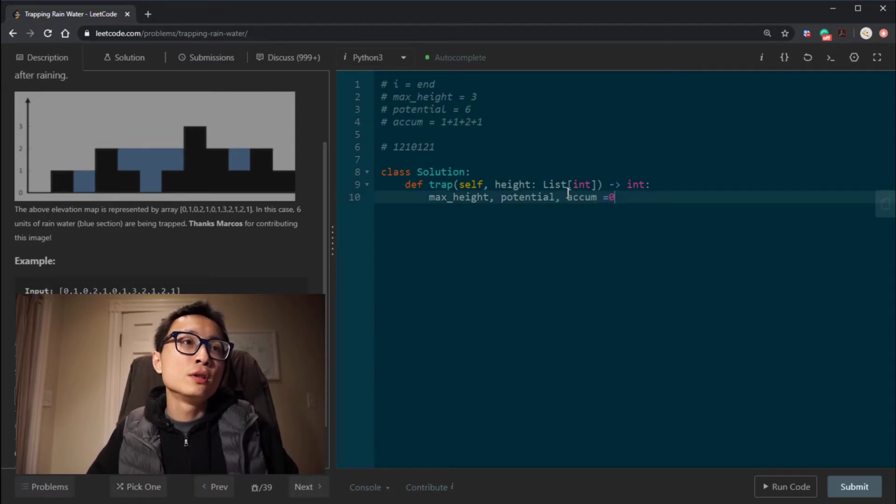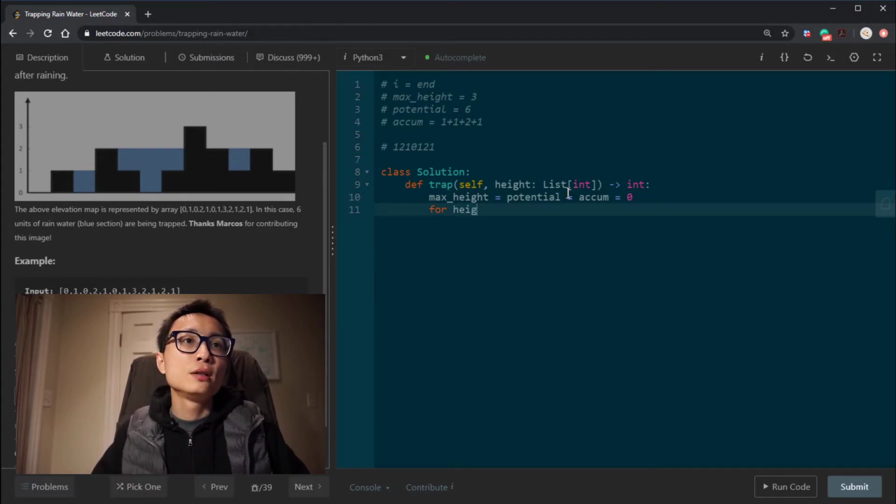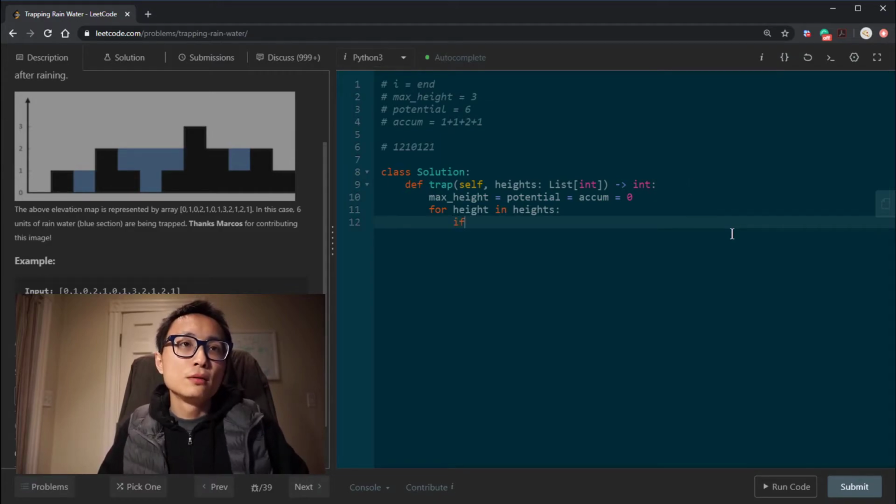They are all 0 in the beginning. And we're going to have 2 passes for height. This should be heights, right? If we have a height that's larger than or equal to